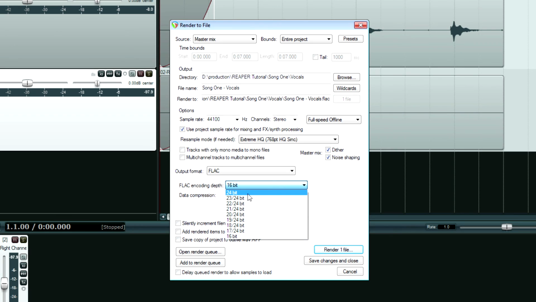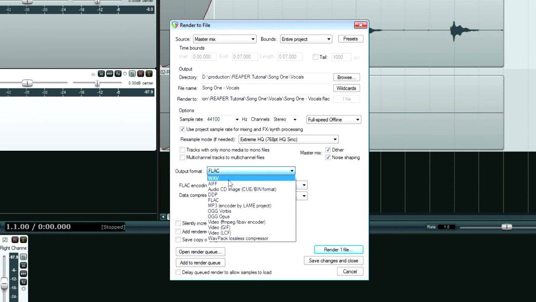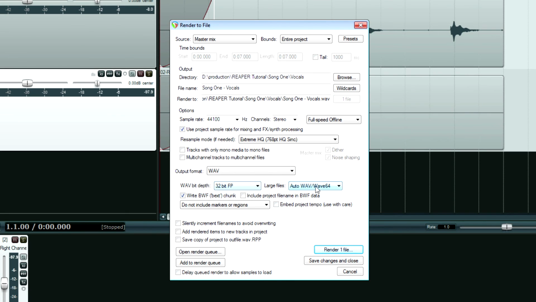And then finally we have, oh wow, there's a lot more options than I'm used to. So I'll do Wave again, 32-bit, and just keep all these defaults the same. And I usually do not embed a project tempo. If you really want to tell somebody what the project tempo is, you can just say 120 BPM in parentheses for the file name. And we can either render it right now, or we can add it to our render queue, which is a nice feature that Reaper has. I'm going to do render one file,